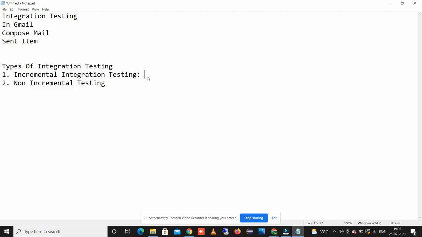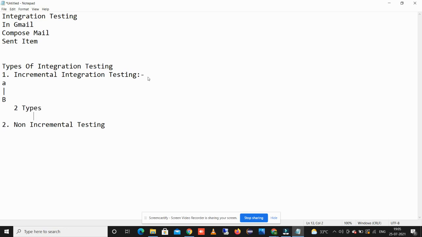First we have module A, then we add B and we are testing the flow between them. This is about incremental testing. And incremental testing also has two types.